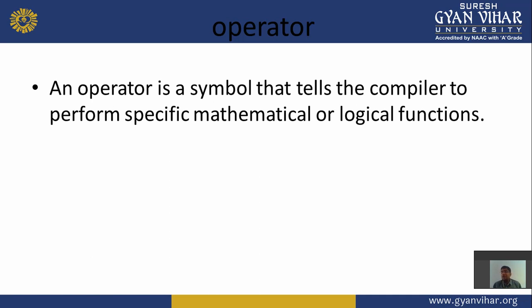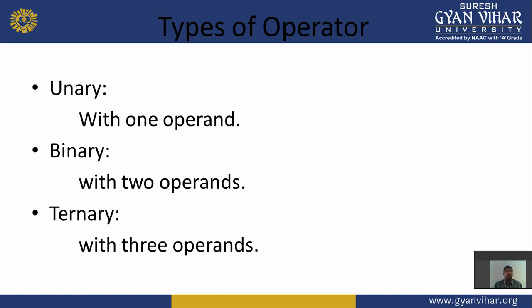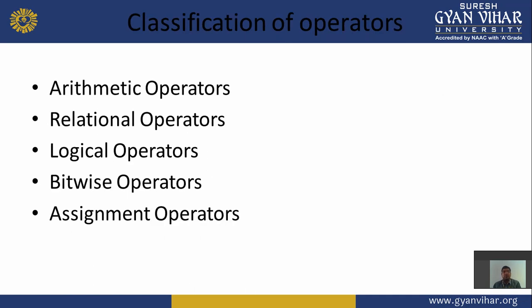Next is the ternary operator. It is only one, the conditional operator. I will describe what the conditional is later. It is like: when the condition is true, then print the first statement, and when the condition is false, then print the second statement. It is explained when we explain the control statements. Now that covers the unary, binary and ternary types of operator.